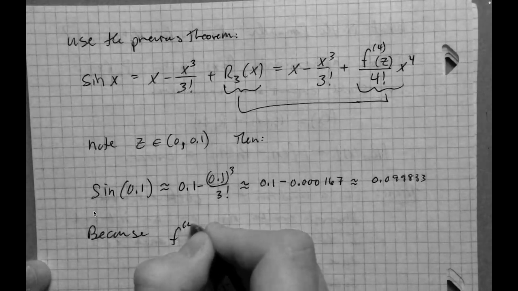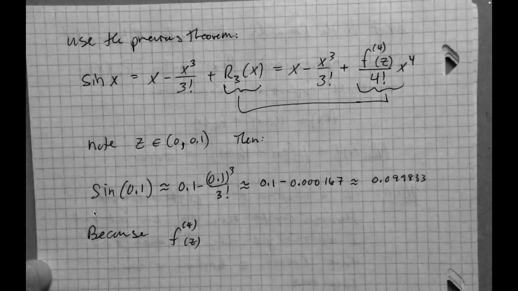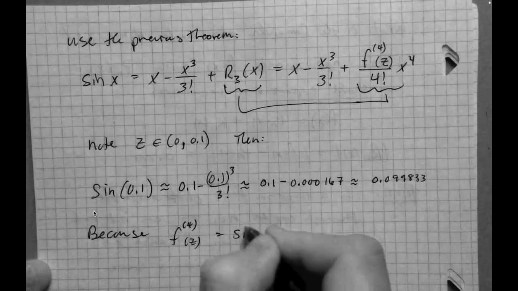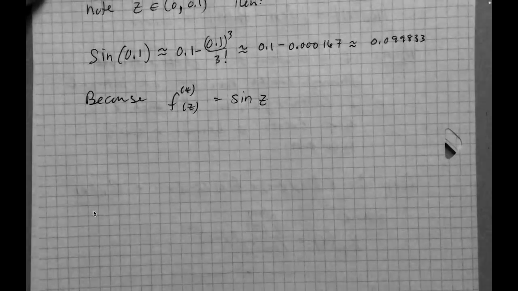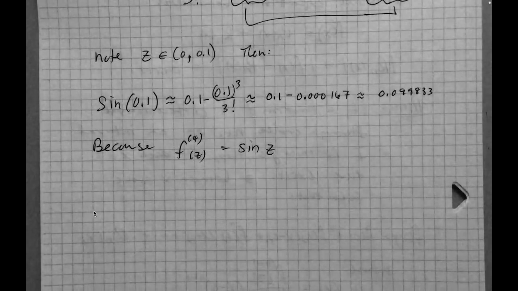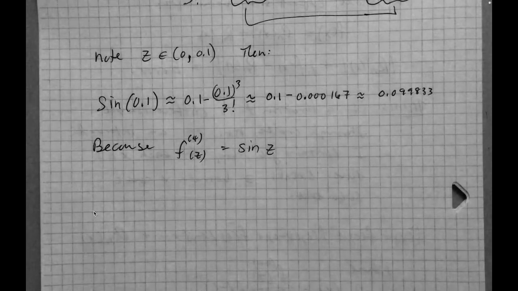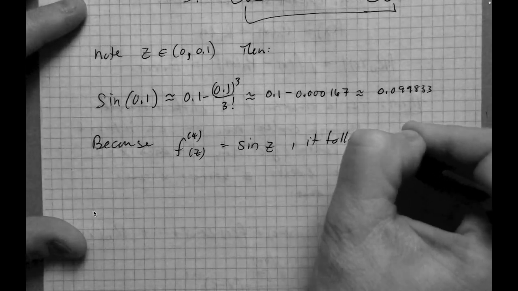because the fourth derivative of f evaluated at c is going to be sine of z. Now we saw this earlier. You would have to figure out what that fourth derivative was normally, but we've seen this one before. We know that it flips back to the original function with the fourth derivative. So because of this, it follows that